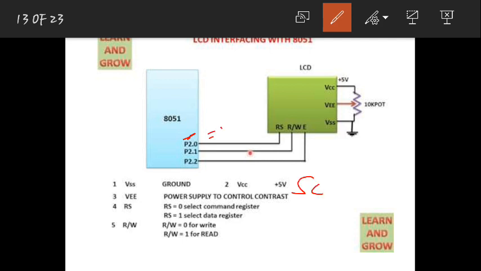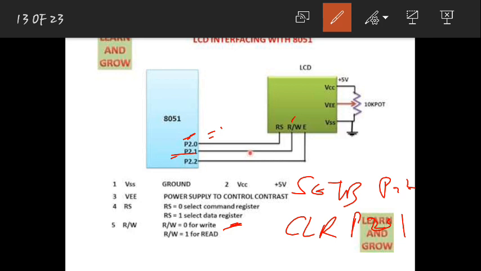So for that I need to write SETB P2.0. Next, for write I need to select R/W equal to 0. So I need to clear P2.1, because P2.1 is connected to R/W. So CLR P2.1. By writing this, P2.1 will be equal to 0.